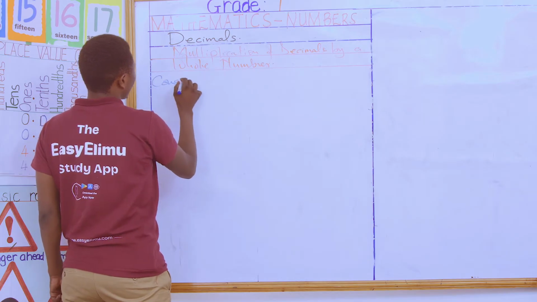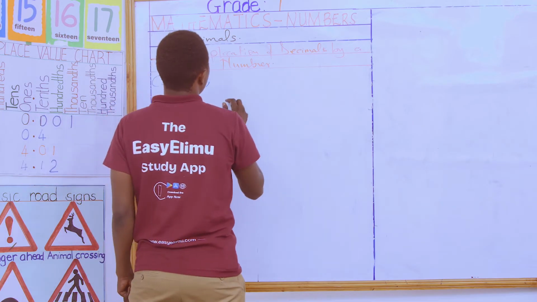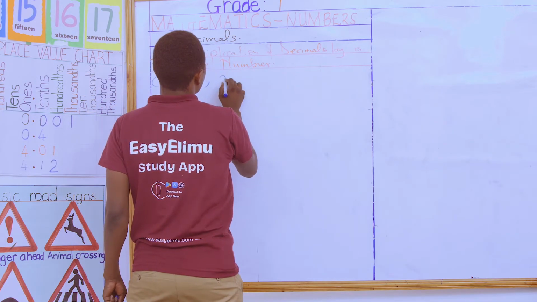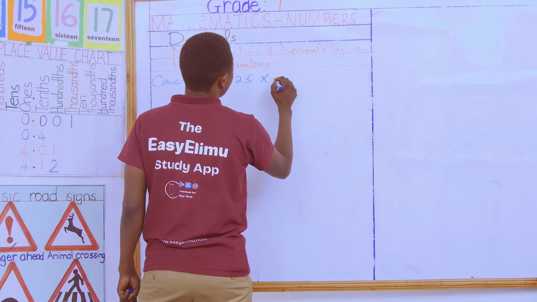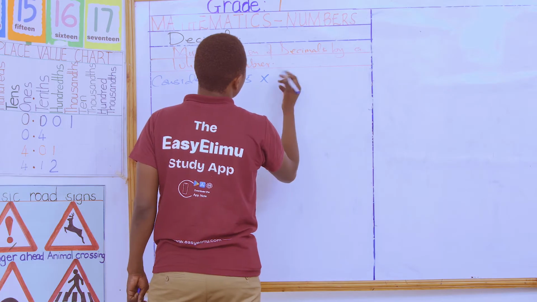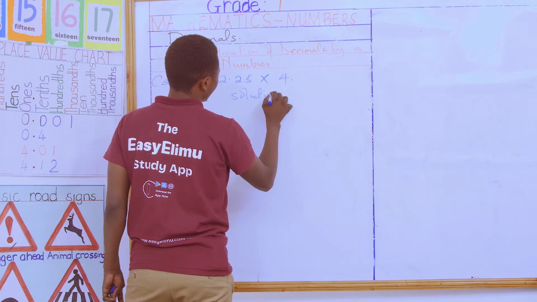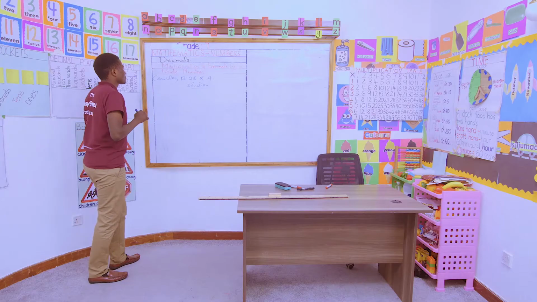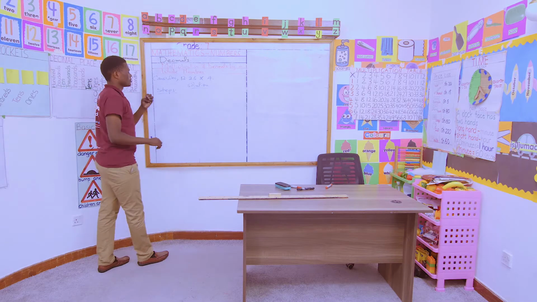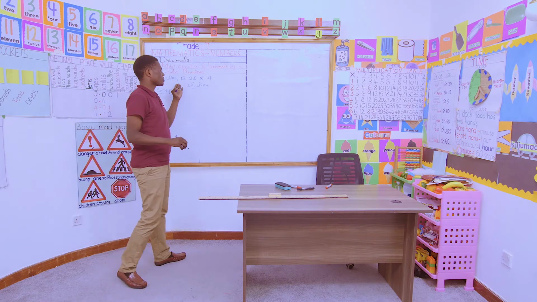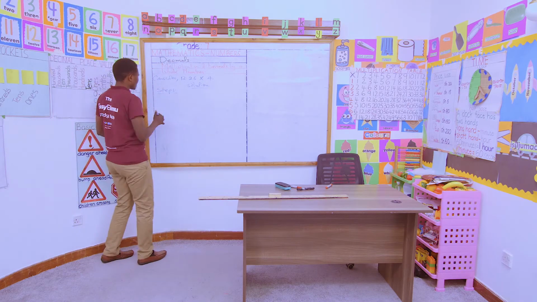Consider, say, 12.25 times 4. So in the solution, we are going to discuss the steps that you are supposed to follow in order to be able to multiply a decimal number by a whole number easily without much struggle. So the first step,